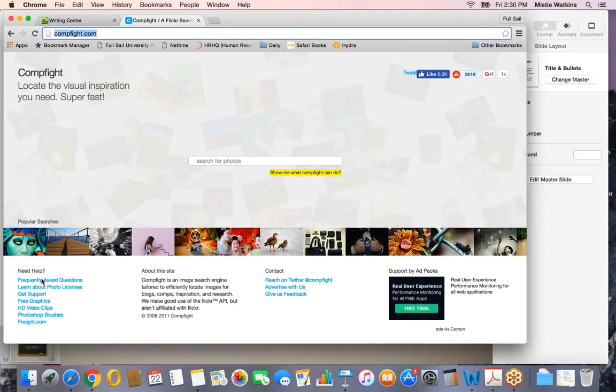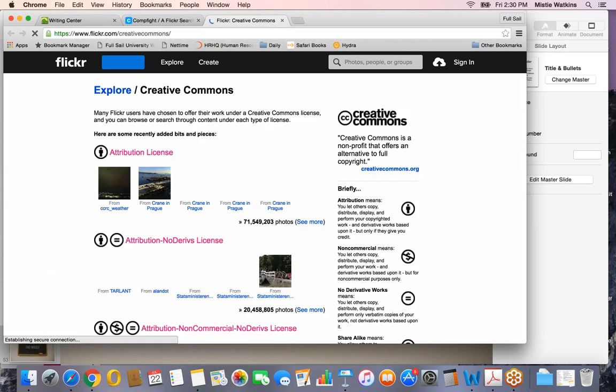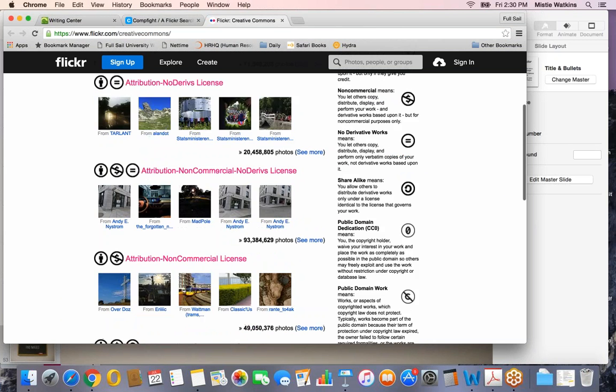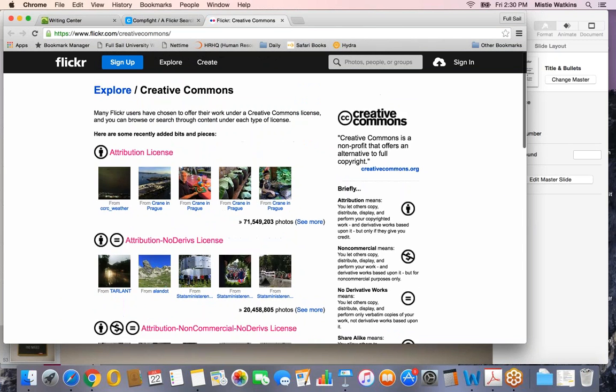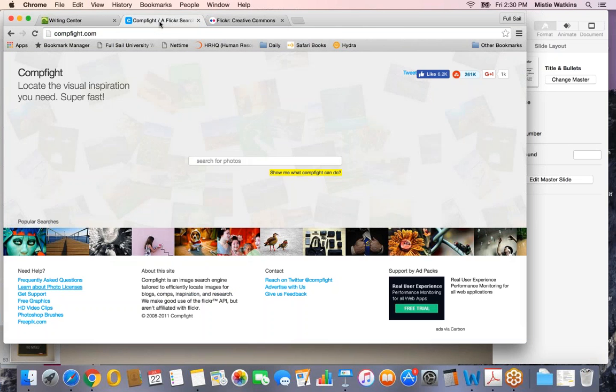This is nice because they have a section about photo licenses, where they talk about how to use them, what Creative Commons means, things like that. You can search for photos here, free graphics, frequently asked questions. If you look for a lot of images, or you know that you're going to need images, this is a good place to start. Another great place to go is actually